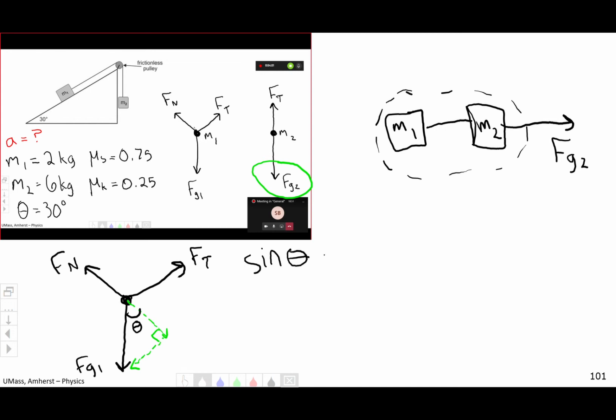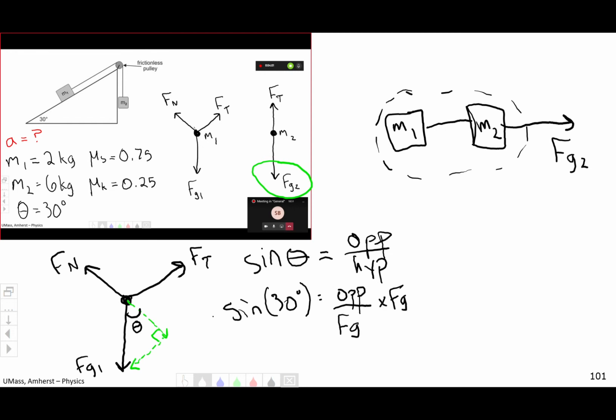That means sine of theta is equal to the opposite side over the hypotenuse. So sine of 30 degrees equals opposite, and then our hypotenuse is FG, where if we multiply by FG on both sides, we end up with